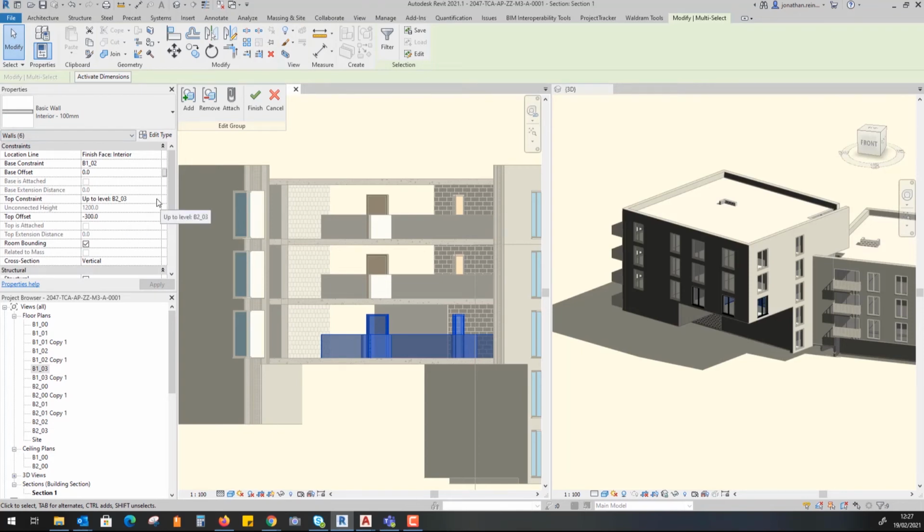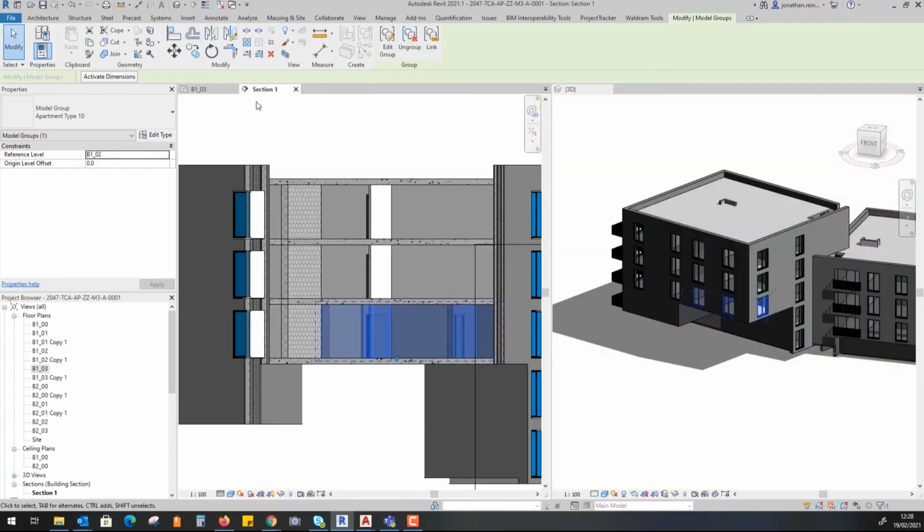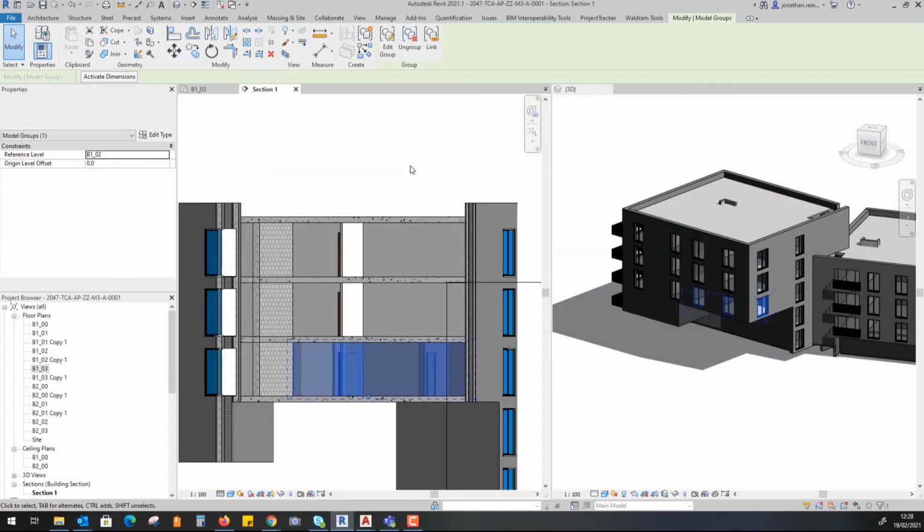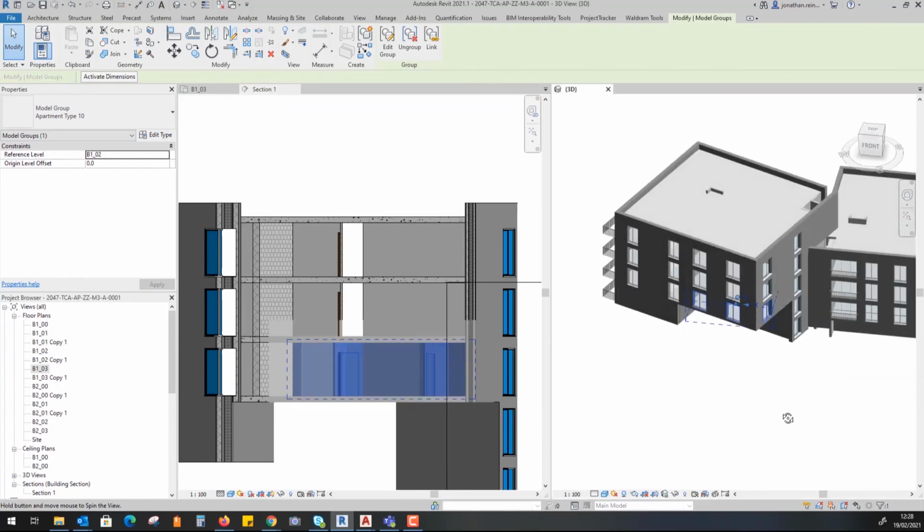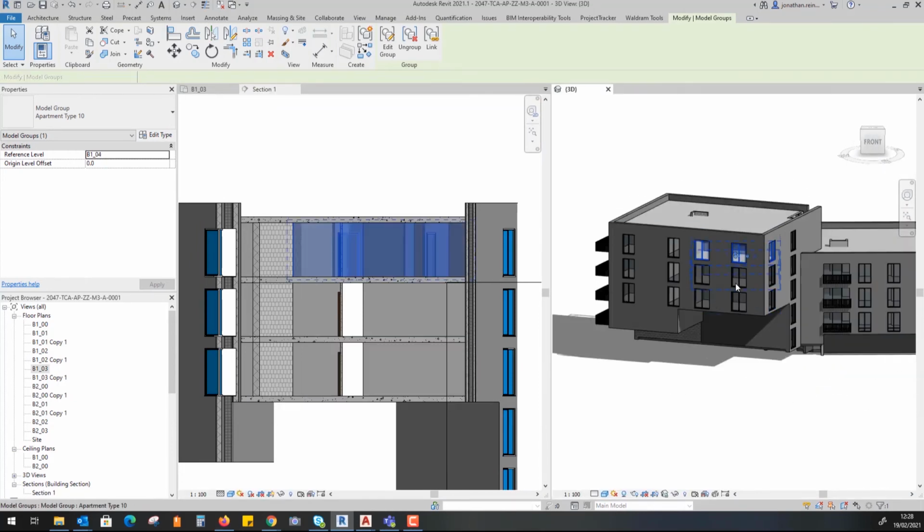All I want to do is make sure that it's going up to the correct level. So I want to set it to B103, which is the above level, minus 300 to allow for the floor plate. Hit apply, hit finish, and we can see all of our groups of our apartment layouts has duplicated across each